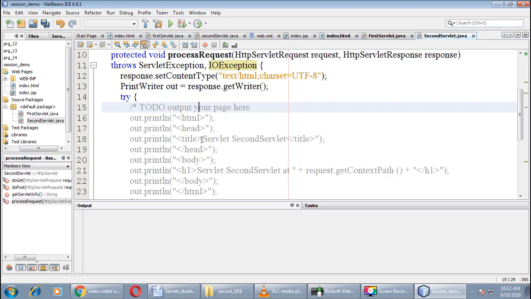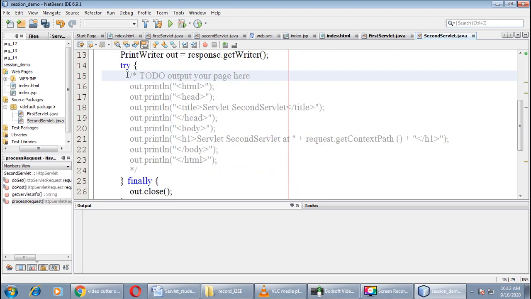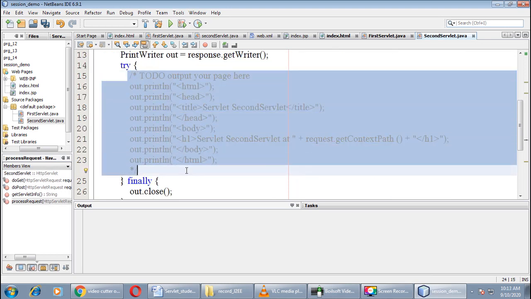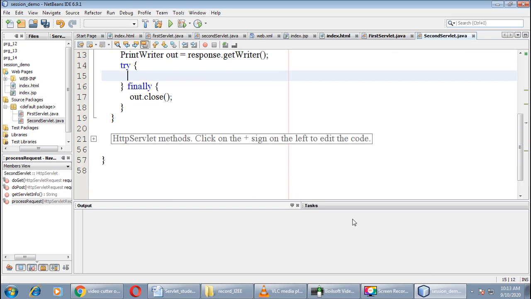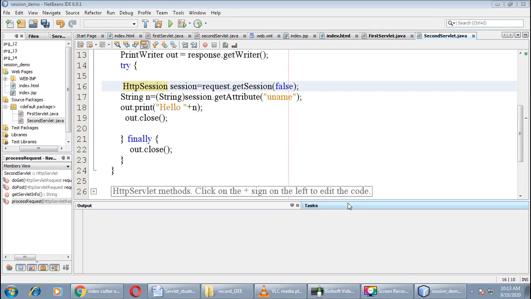Now remove the code which is enclosed between the try block and insert your own code. Here it is, this is our code, right? We want the session which is already created by the first servlet page, and we want to access the value of that session in our current page, right?